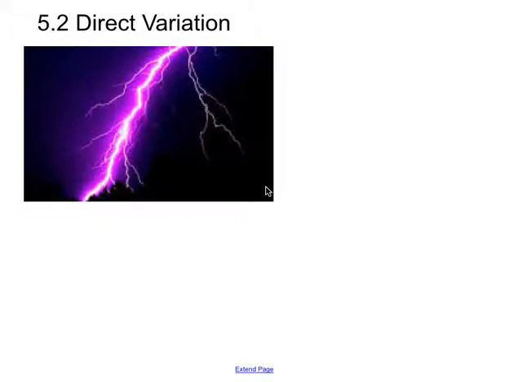Direct variation here. So first, before we get into exactly what direct variation is, I want to provide a real life example of direct variation. We haven't had thunderstorms for a while, but the last time we had a thunderstorm, let's say you see a bolt of lightning come, and then you wait 10 seconds, and all of a sudden you hear that thunder. Okay, so you hear the thunder. So you waited 10 seconds,